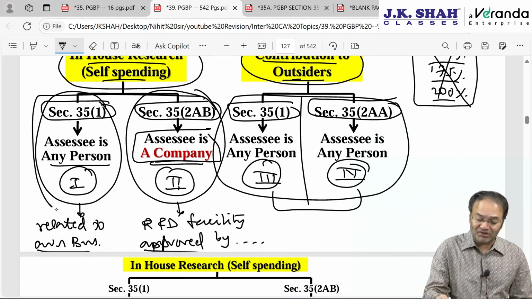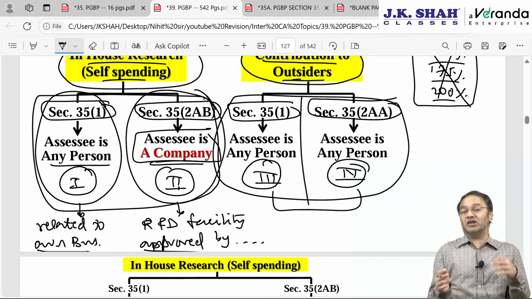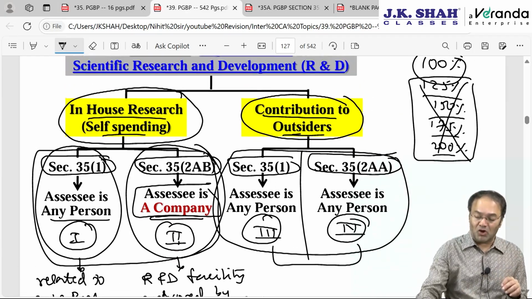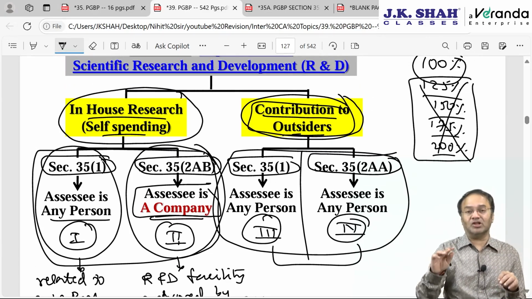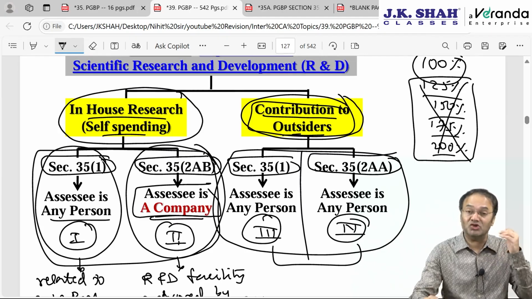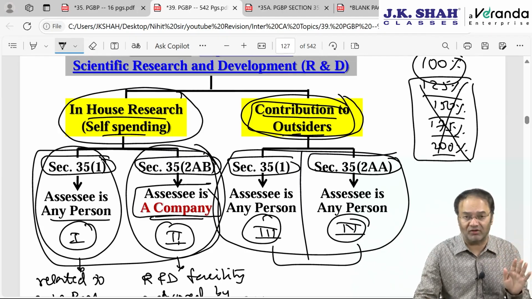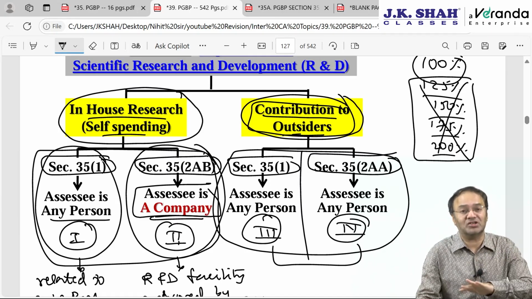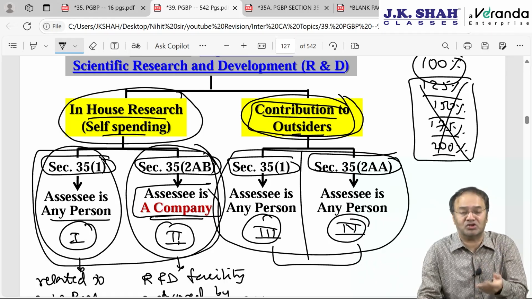So when it is self-spending, there could be two types of expenditure, revenue or capital. When you are contributing to a third party, there cannot be capital expenditure, it has to be revenue expenditure. But when you are spending by yourself, there can be capital or revenue. If it is capital, then depreciation will not be allowed because you are claiming 100% of the cost of the